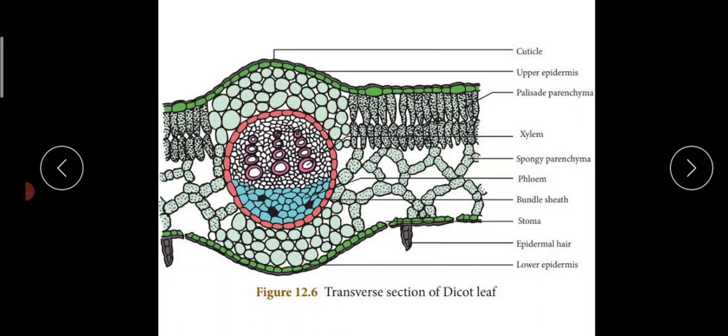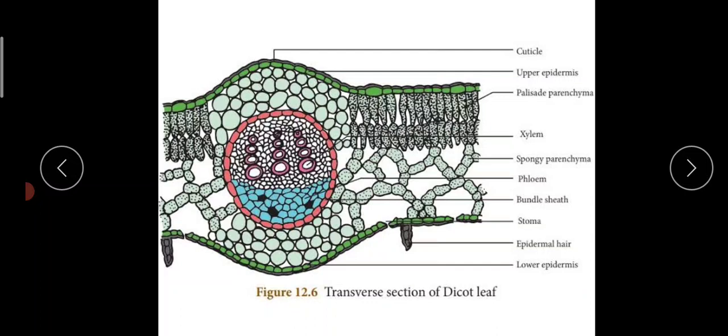And these vascular bundles are distributed irregularly in the spongy mesophyll, and the type of vascular bundles, as you can see here, are conjoined, collateral and closed. I don't have to repeat again and again what conjoined, collateral and closed mean. That you have already learnt, I think. So the leaves of dicots have conjoined, collateral and closed bundles. Okay.